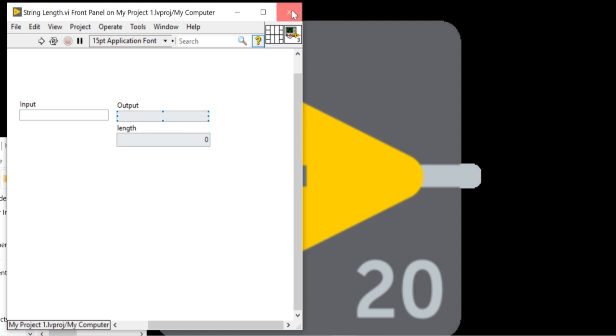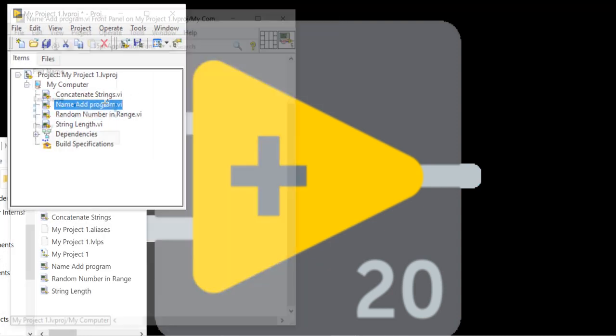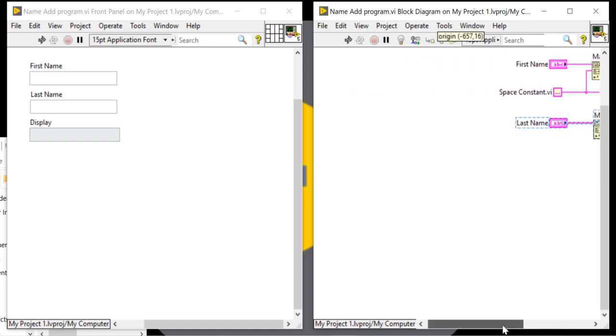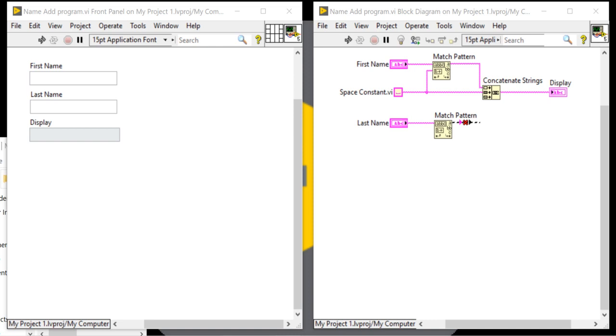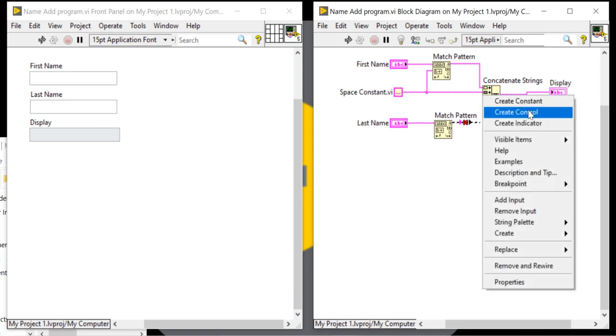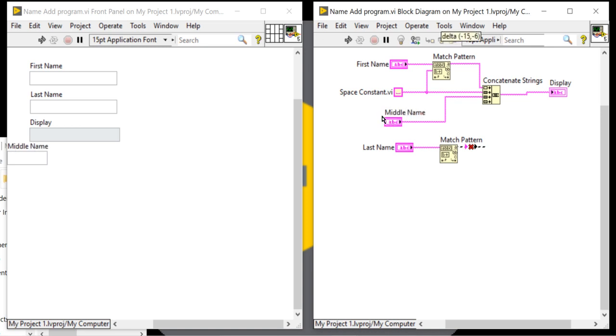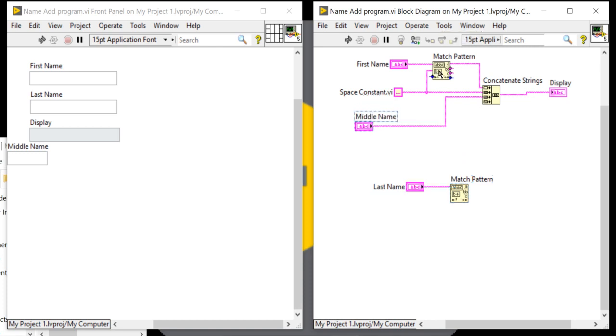Here I am going to delete this. If you want, you can write middle name here, and in the middle name you can use the same logic once.